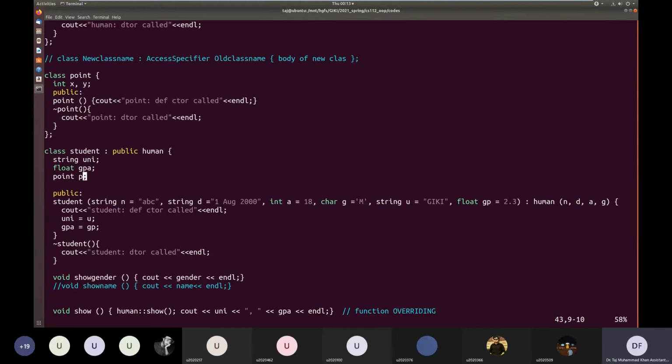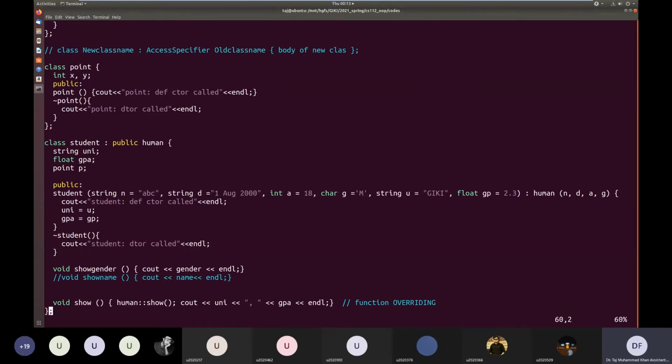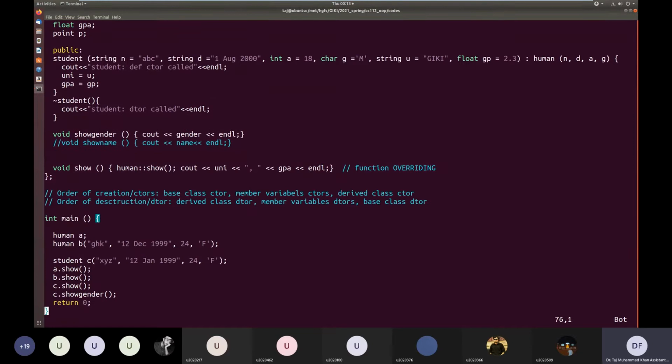Okay, so basically, usually we have the most generic class at the top of the inheritance hierarchy, and then as we specialize, we inherit from that generic class and add more data to our specialized classes. You can have multiple levels of inheritance hierarchy.